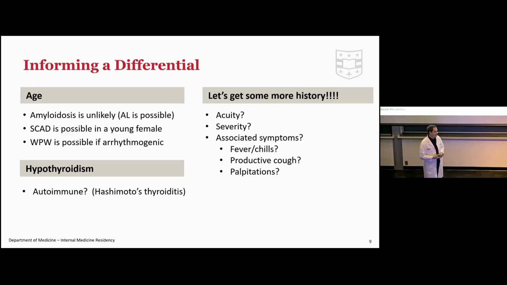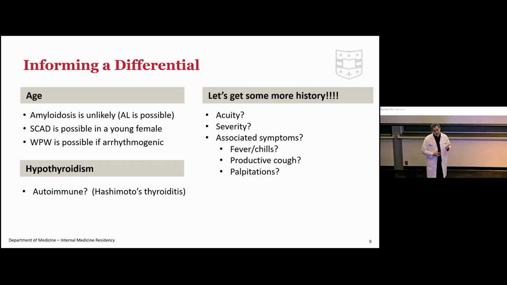And I'll be like, well, why did they pass out? Were they standing up? Did they trip? And they're like, oh, I didn't ask those questions. But that's huge. If I talk to someone and it's a truly mechanical fall, I don't need to do a $1 million workup. If someone's standing up and feeling dizzy, I'm going to focus on orthostasis as a cause. So we really want history.